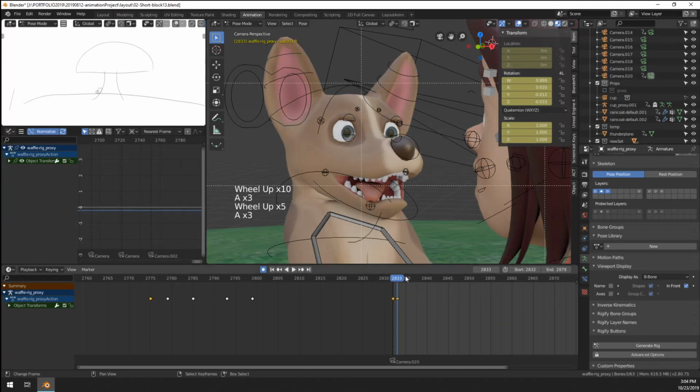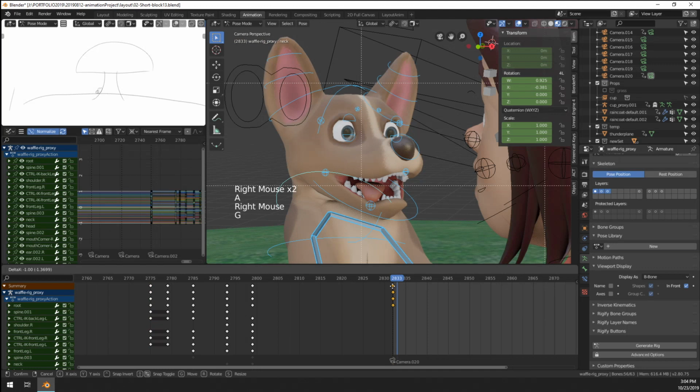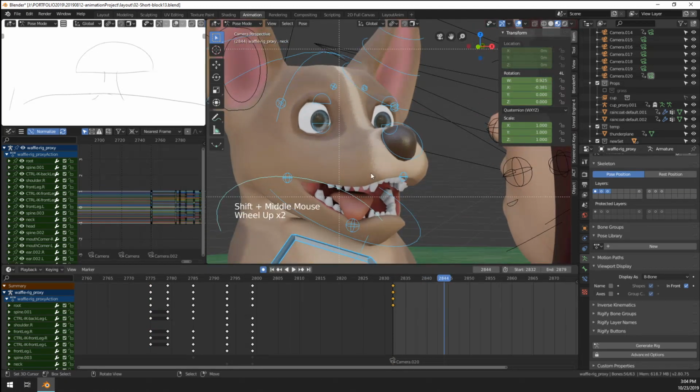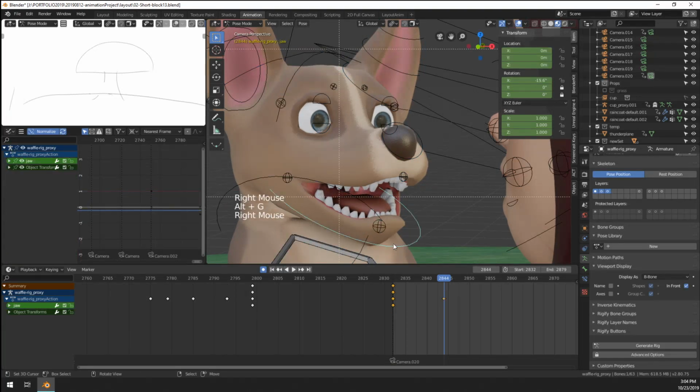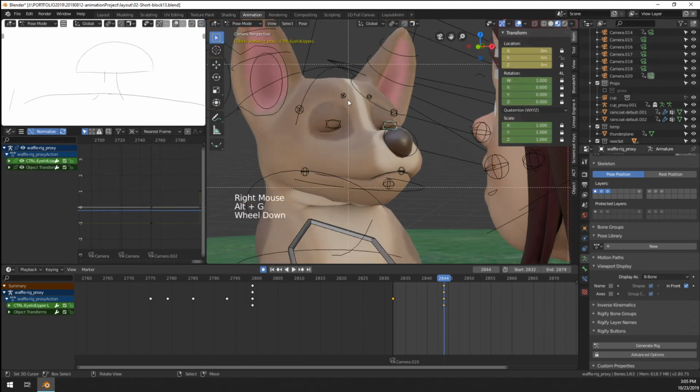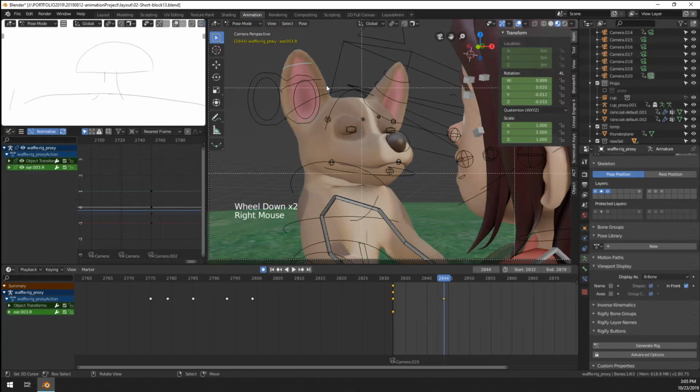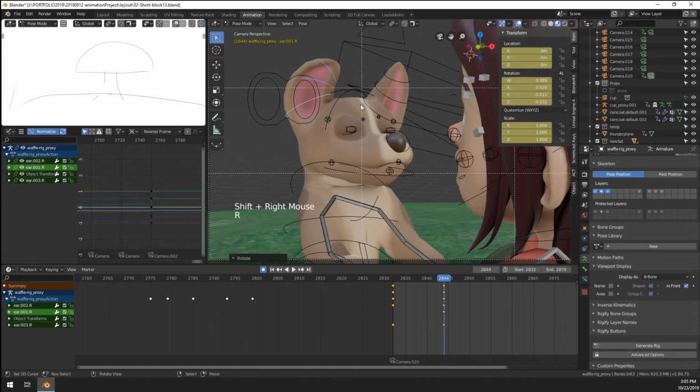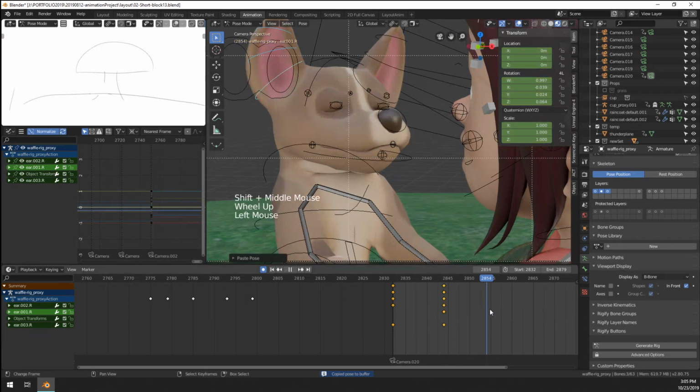Now, make sure that we're on the correct frame here. So then I'm just gonna move forward. Gonna reset his tongue, reset his cheek, and just a dog bark. Just a sign. I'm gonna make him, there we go. And then further,